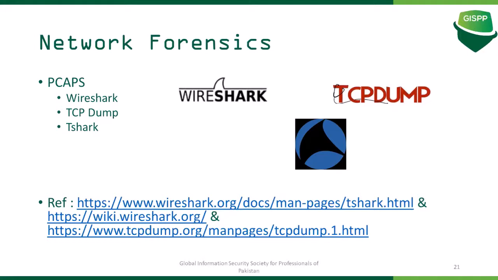Let's discuss the network forensic part. First of all, we have PCAPs, for which you can utilize Wireshark, tcpdump, and TShark. I'd like to share some experiences with Wireshark. Even if you are opening a 1 GB file or above, it will not open. Usually the tool will crash. Wireshark is not capable of handling this in the GUI variant. So if you want to search for something, you can always switch back to TShark or tcpdump. tcpdump in Linux, along with the combination of bash scripting.